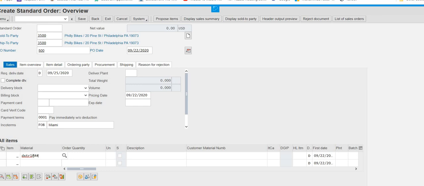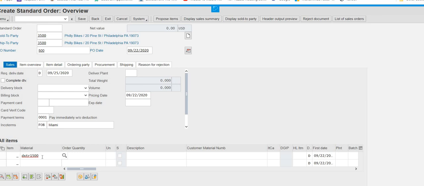So I am going to replace this triple hash with 500, my GBI number. And DXTR1 is the material code. When you perform this exercise, you will definitely know the code. Those who do not have the exercise right now don't need to worry. Whatever data we are inputting here is given, nothing from my pocket.